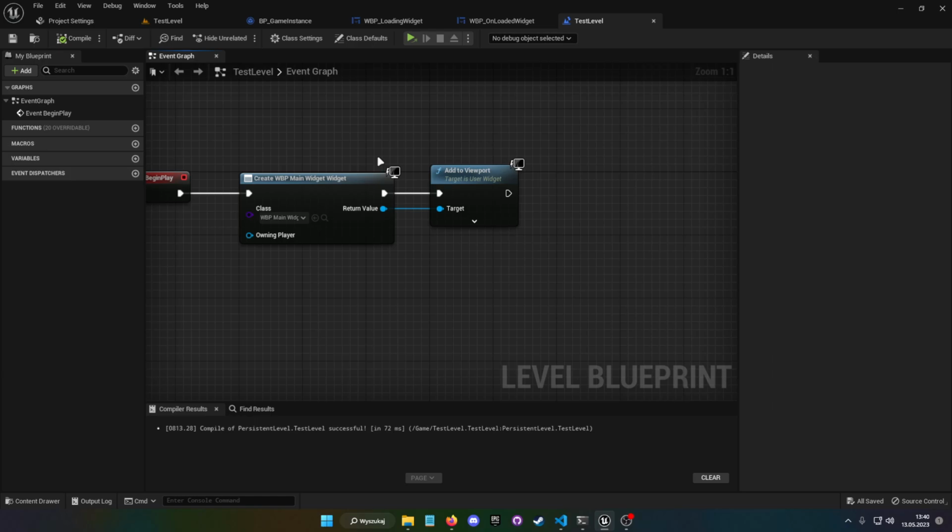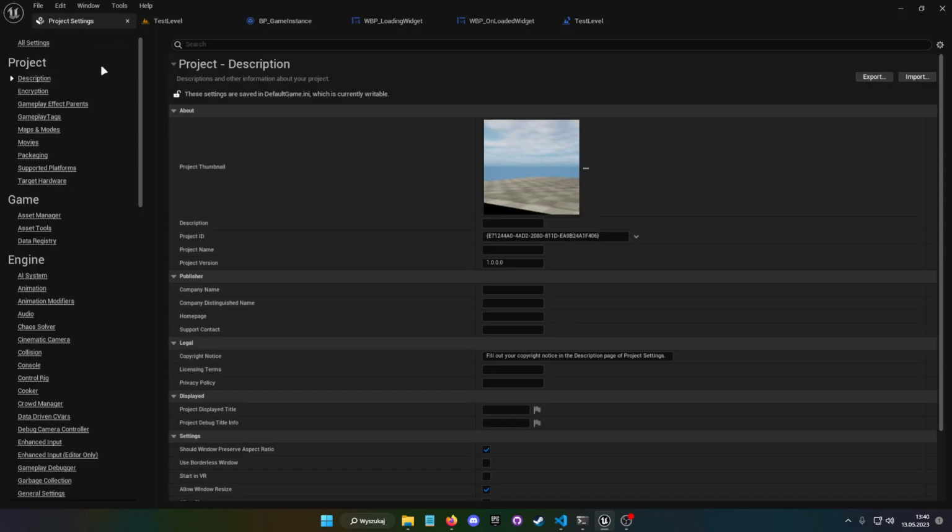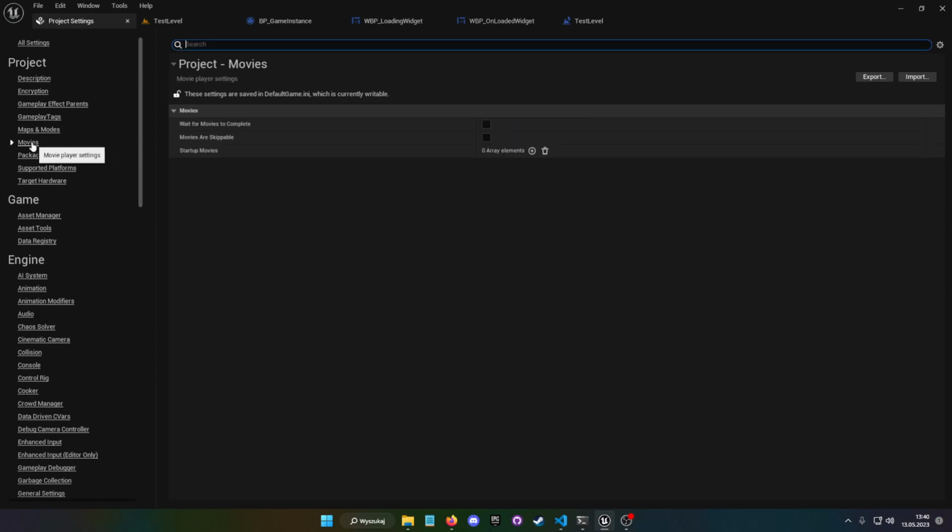And that thread is used by the media player. The media player is actually something that is running on startup to run startup movies. You see here in Movies we have startup movies that are run when the game starts, and those are run actually by the media player.